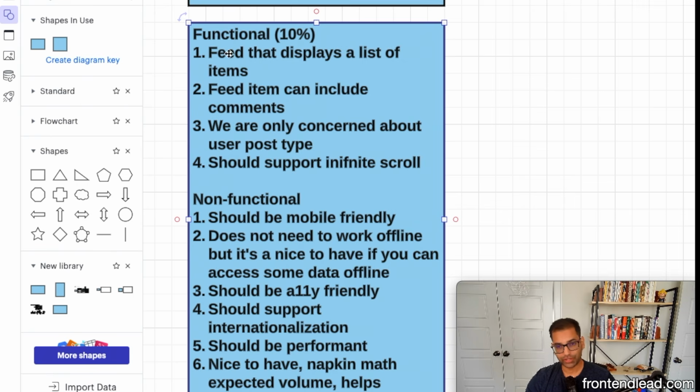Cool. So first is functional. We want to spend 10% of our time talking about functional and non-functional requirements. So let's use an example. Let's imagine we're asked to build a Facebook newsfeed. Your interviewer tells you, hey, I want you to design Facebook. That's all you know. So it's your job to understand what the core features are that I actually need